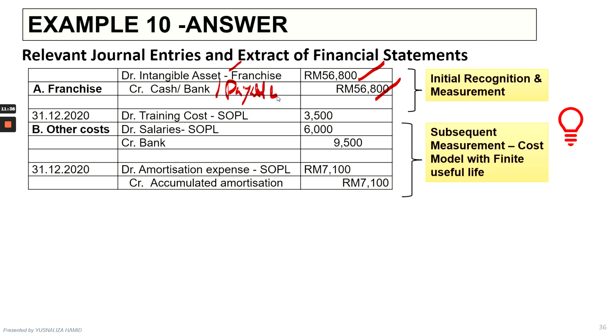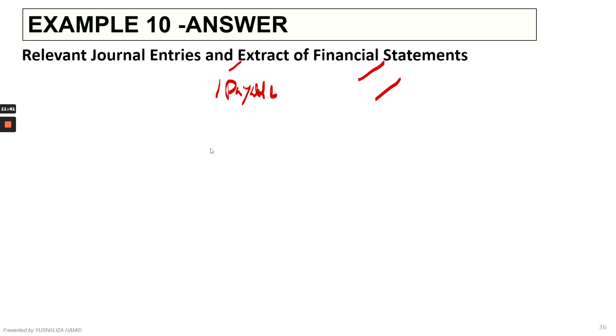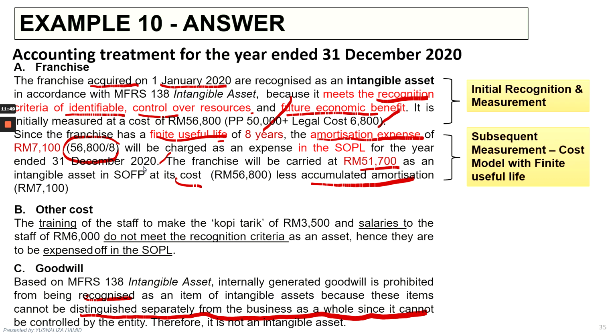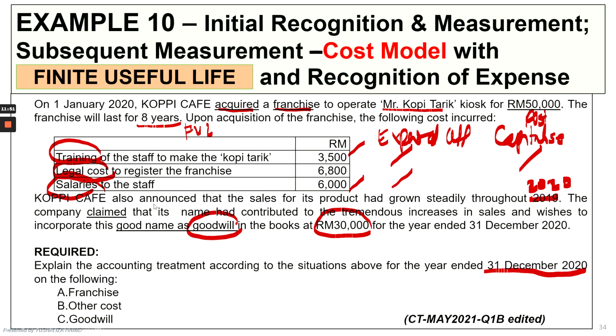And as at the end of the year, you were informed that there were training costs. From the question, you are informed that there were costs that has been incurred for the year ended 31st of December 2020. If you look at the question here, right, the cost incurred was